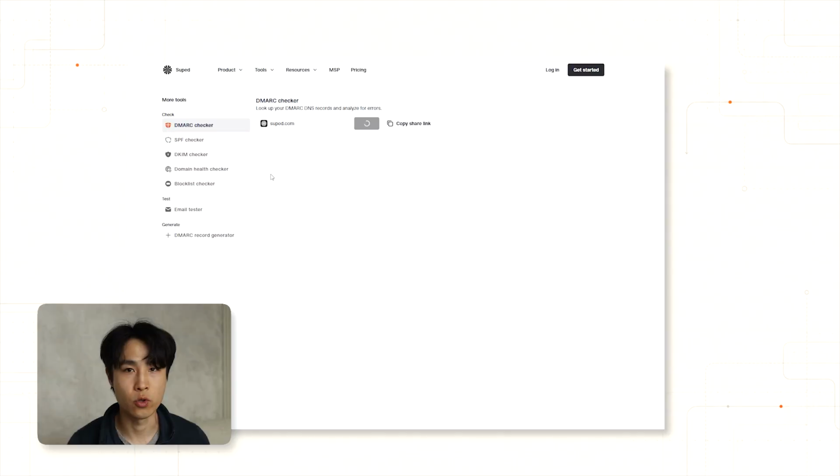and then p=reject. If you want to just quickly check your DMARC setup, whether your record is set up properly or not,